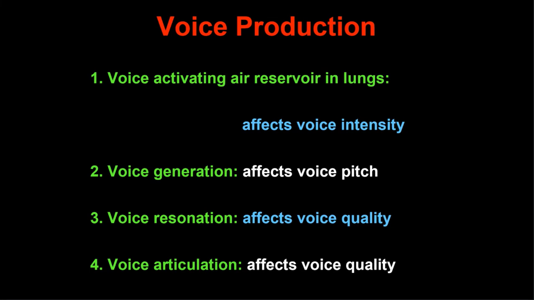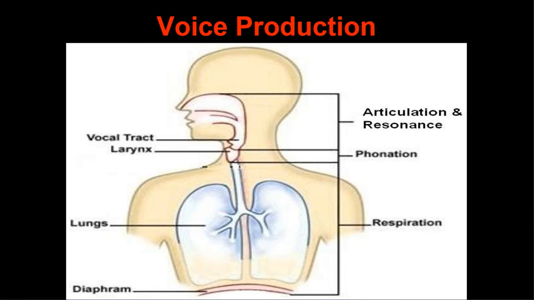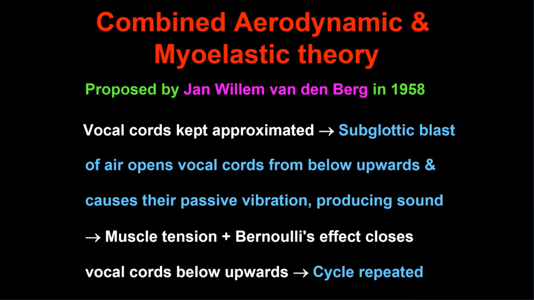So when the vocal cords are in adduction position, there is a blast of air that opens the vocal cords forcefully, so that there is a vibration. So this is the phonation or speech, the second function of the larynx. So voice is produced from the air coming from the trachea, and it will forcefully open the vocal cords, so that there is a production of the voice.